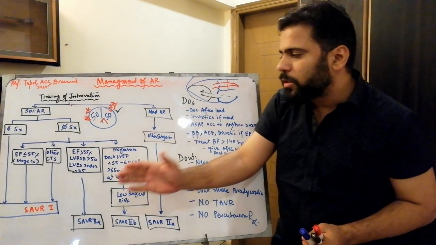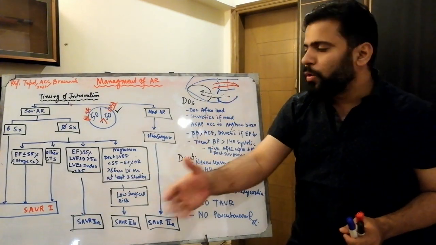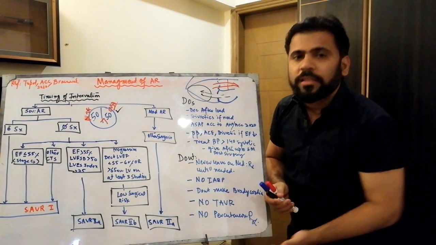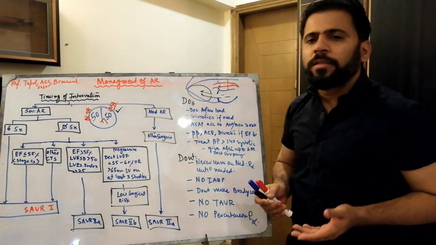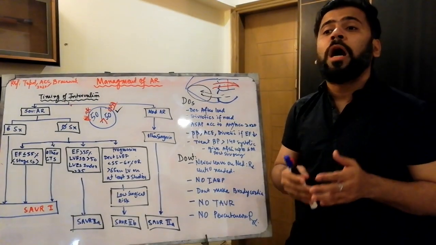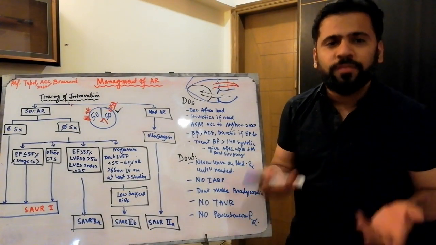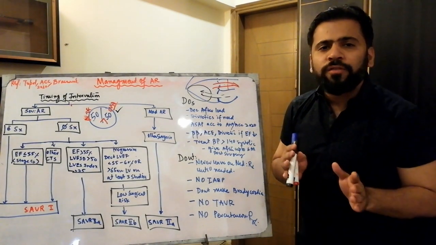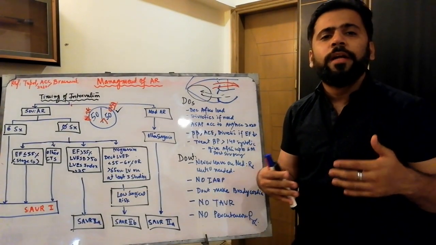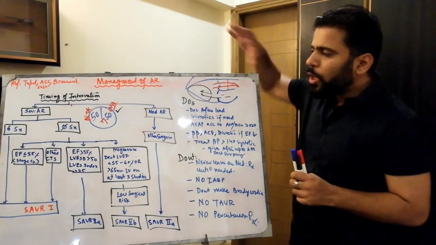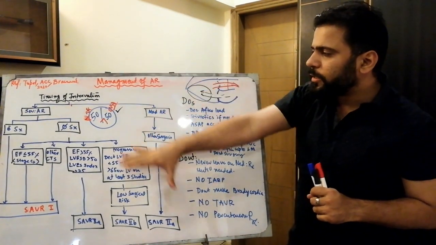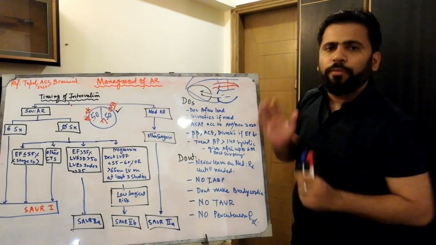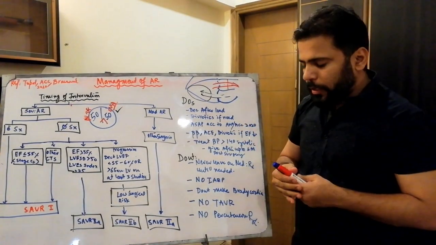But if I'm telling you guys that it's class 1, 2A and 2B, why? Just to emphasize that you need to practice class 1. You do not need to practice class 2B very frequently, and you are not supposed to practice class 3 because it is contraindication. I'm just making you familiar with the guidelines which you're going to read after my lecture. So 50-50, okay? The timing of intervention is 50-50, do's and don'ts, nothing else. This is the management of AR, and we are done with the AR right now.